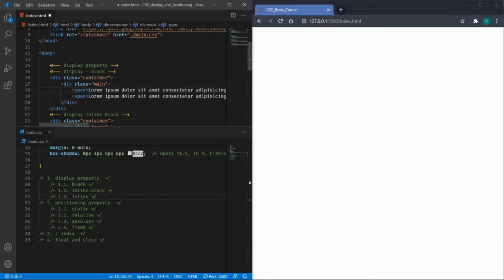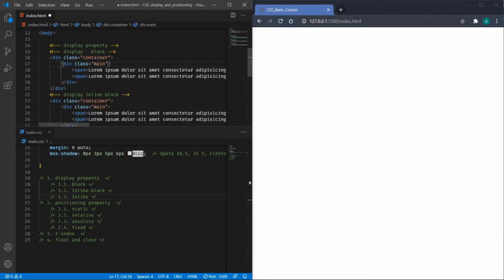As you can see, I am using the span tag, that is the inline element, for the display block property. As we have discussed in the presentational module of display and positioning, whenever we want a block level element to be styled as an inline element, and for an inline element we want it to be a block element, in such a scenario display plays a major role.